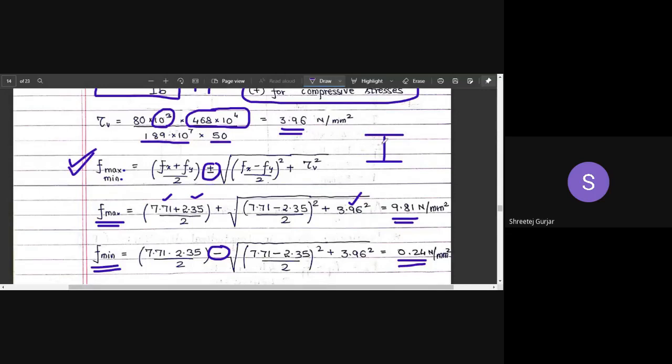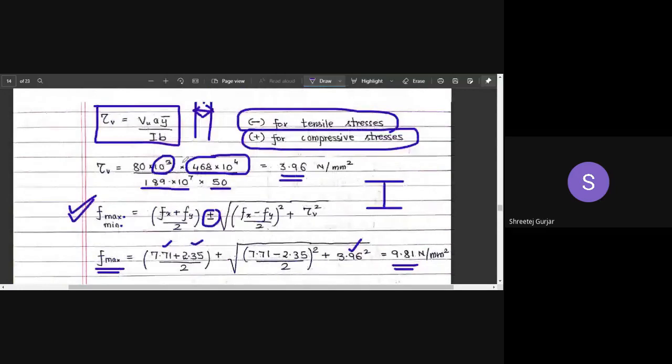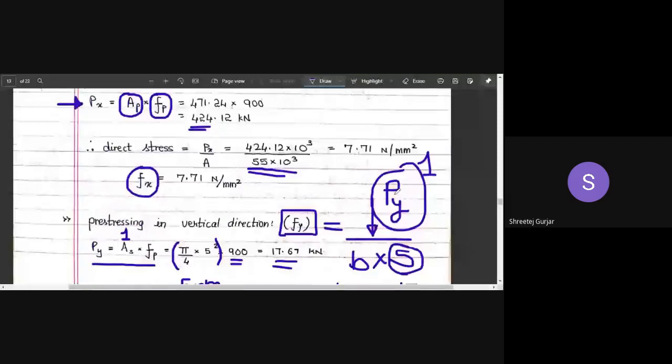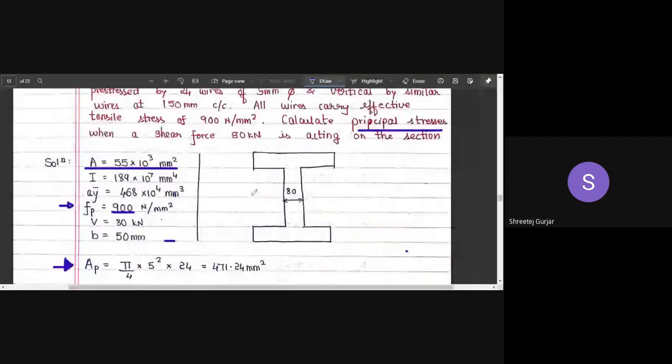In this particular A and y bar, don't worry, they will give you this value directly, or they will tell you to calculate at the neutral axis. At the neutral axis, what will be the area? If this is your plane of interest, this is what you have to consider: the total area as one section, and then you divide your I-beam into two parts, and you can calculate the area. Similarly, find the CG of this particular area. It will be somewhere here. This will be your y bar.